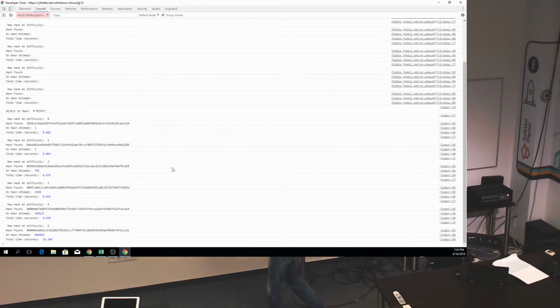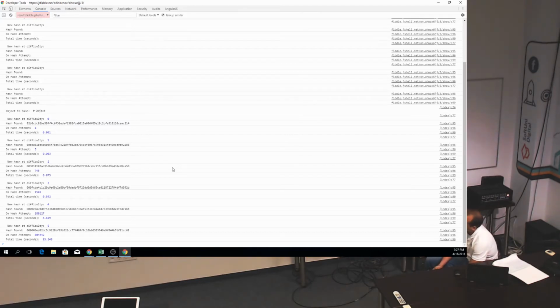You see that when it comes to 5 leading zeros, this machine took like 15 seconds to find a number that must be added to the input we have in order to produce a hash with 5 leading zeros at the very beginning. As we said, right now we are supposed to have like 18 leading zeros, which is a huge number. I cannot run something like this here,